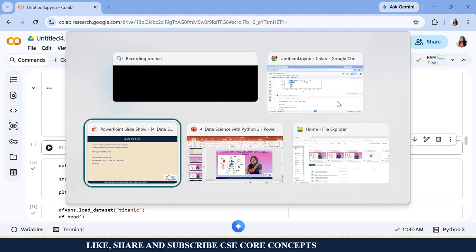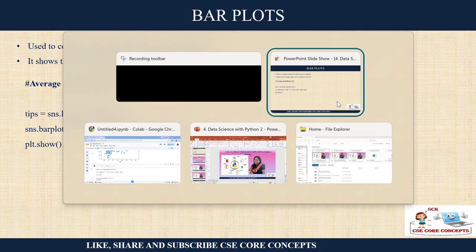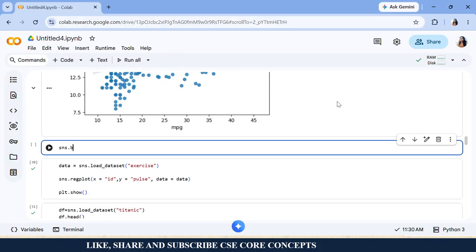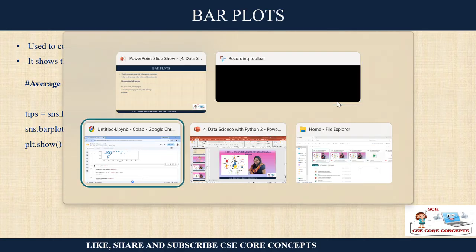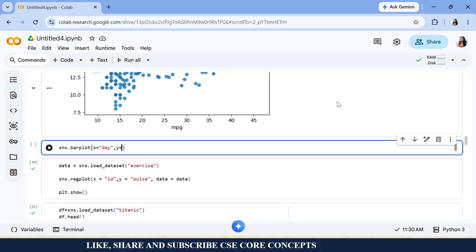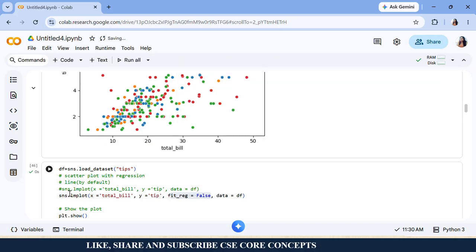Our tips data set is already loaded. So you have to call sns.barplot. Now you have to provide the X value, let's say it is the day. You want to do it day versus your total bill. Understood? So your y equals total bill, and your data equals, which data frame was it?